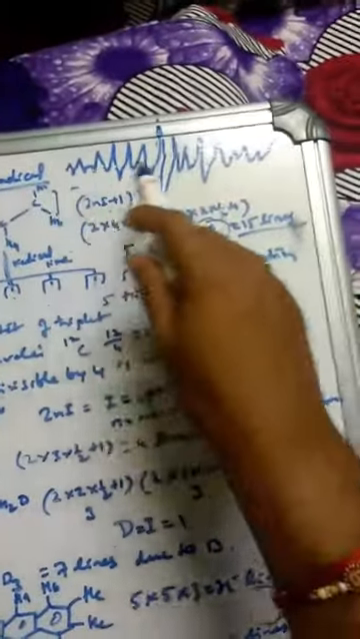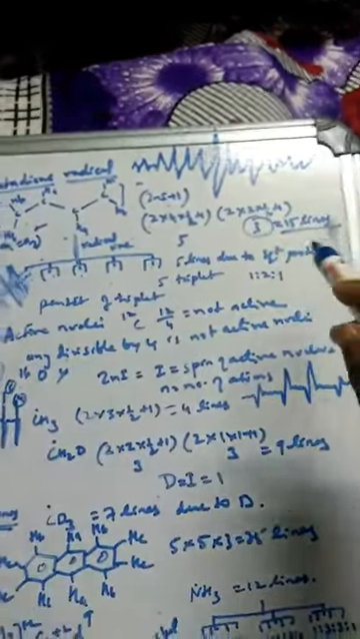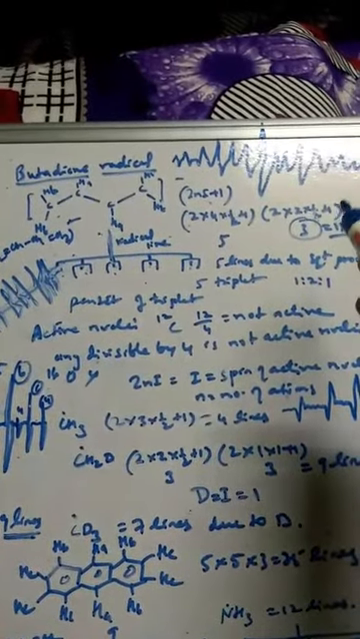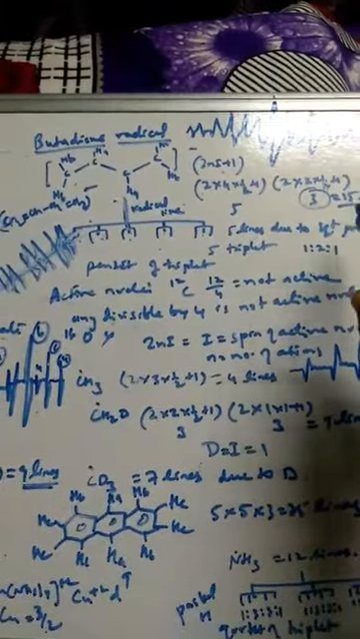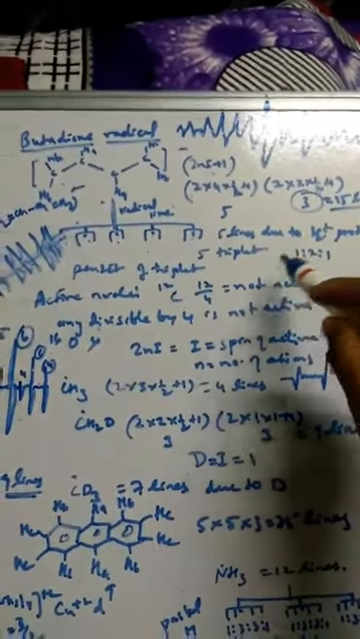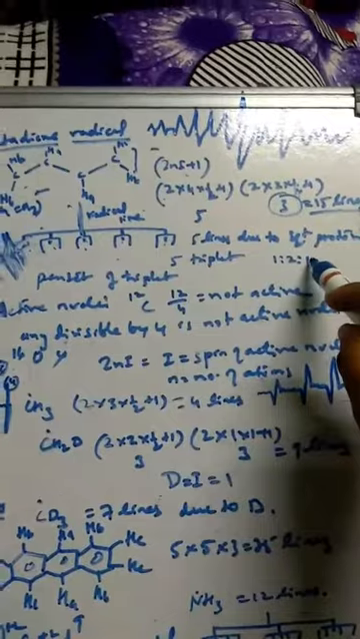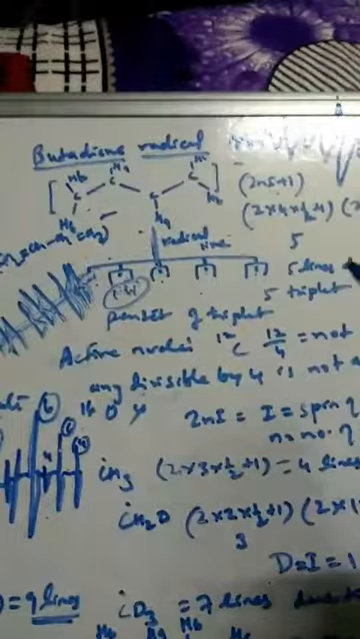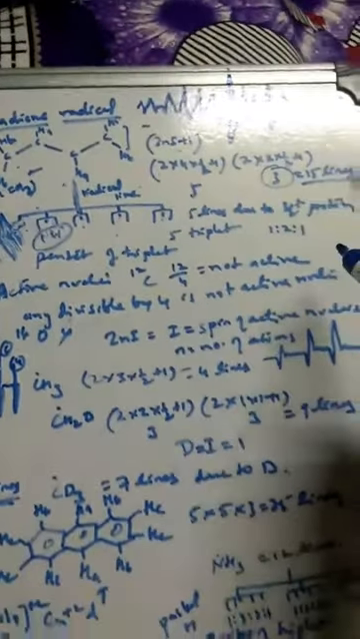Okay, this way I am going to get a total of 15 lines, in a Pascal's fashion, that is 1 is to 2 is to 1 ratio. So in this ratio I am going to get the intensity in this type of spectra for this butadiene radical in